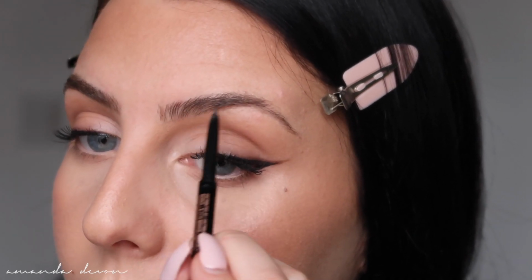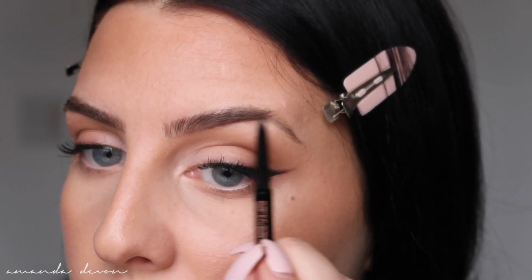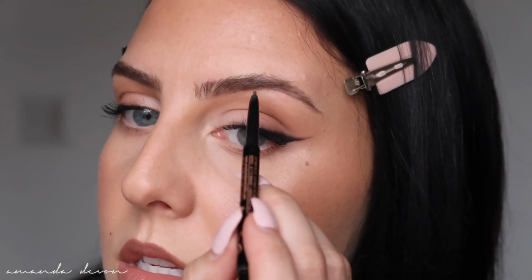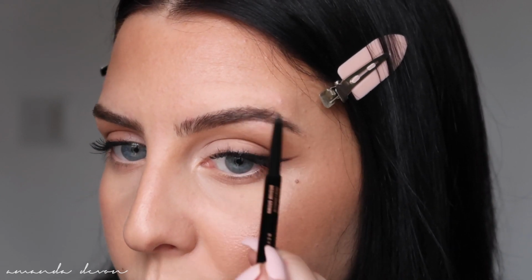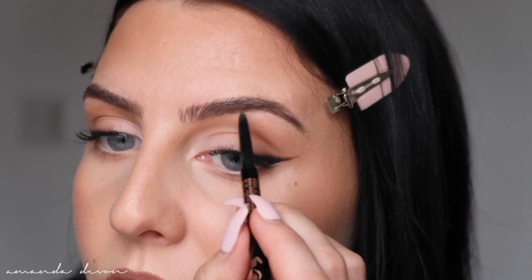So again, we're going to make that imaginary line go straight across to the arch, just like so. And I always brush the product through in between each step because I want this to look as natural as possible and to be diffused. And then once I get to the arch, I'm going to bring downwards right to that line. And now we're starting to fill that in. And when you're doing this, honestly, just take your time with little hair-like strokes. Don't rush it. It's not a race. And the smaller that you do your little strokes and the more concentrated you become in the areas, the better it's going to fill in for you, and you're not going to feel super